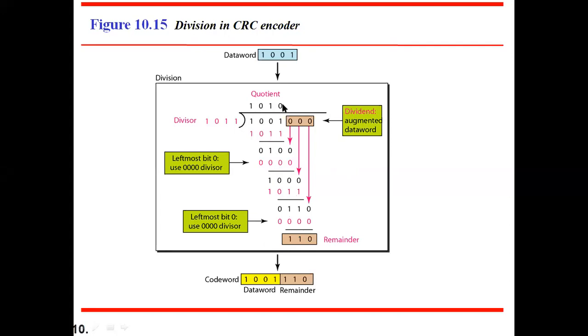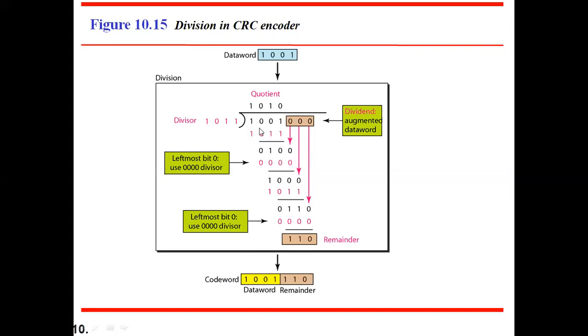So the quotient, whatever you get, we are not interested in this part. We are not going to consider it, but whatever remainder we get here will be added along with our data word. Our data word was 1001, and now the code word is going to be 1001 plus our remainder, whatever we have got, that is 110. So both together, data word plus remainder, will become a